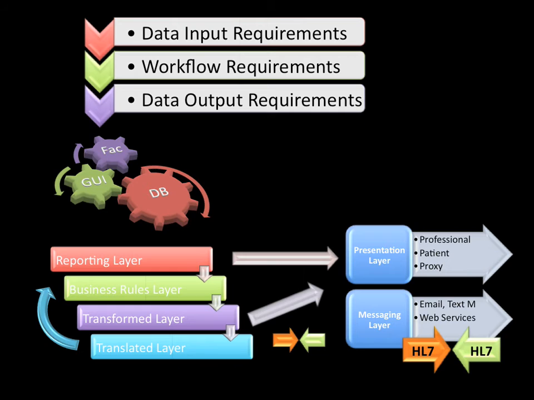This is an outline of the platform that enables the technology. So you can see at the very top the data, workflow, and output requirements. These are effectively the data elements that are defined and then poured into the middle portion, the factory, which then spits out solutions. On the bottom you'll see a couple of interesting things. There's a reporting, a business rules layer, transformation and translation layers. I'll cover these a little bit further, but in general the reporting layer allows data to become information.